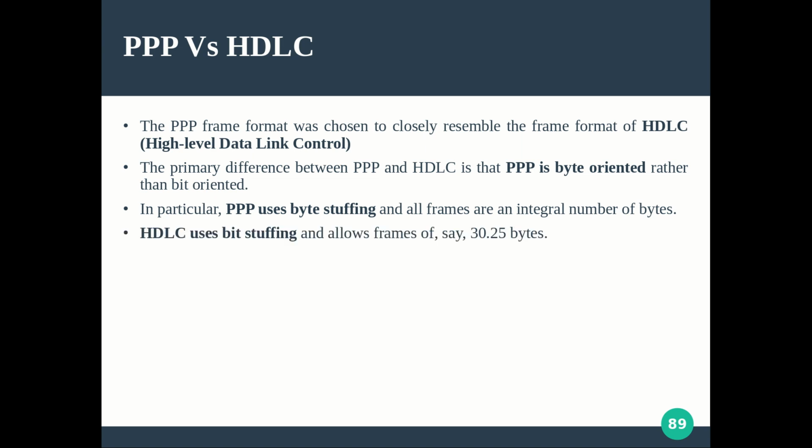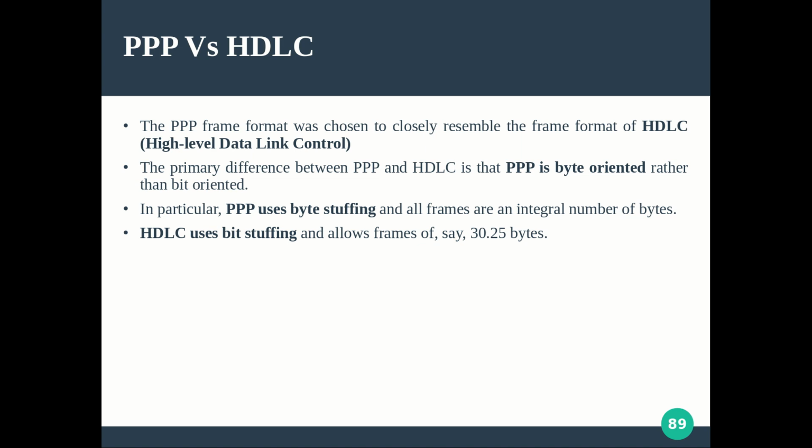But if you look at HDLC, instead of byte stuffing, it is using bit stuffing. I already mentioned that the special pattern used in HDLC is 0 followed by 6 ones followed by 0, that kind of pattern. Whenever such a pattern occurs in the original message, you stuff an extra 0 after the 5th continuous one. If 5 continuous ones come, irrespective of whether the 6th bit is 1 or 0, that bit stuffing will happen, and at the receiver side it will be removed.